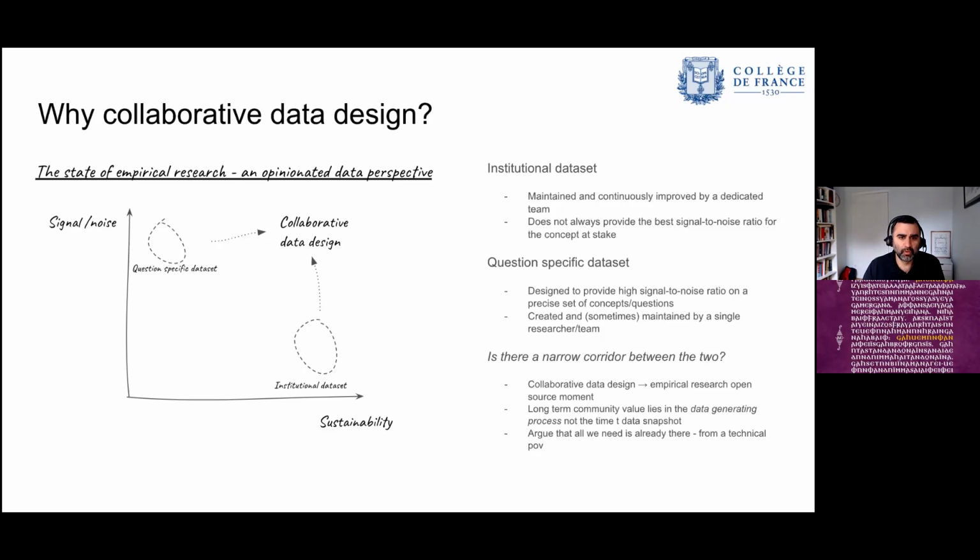My understanding. Cyril, yeah. Can I ask a question? By signal to noise here, do you mean essentially the quality of curation? No, by signal to noise, I understand